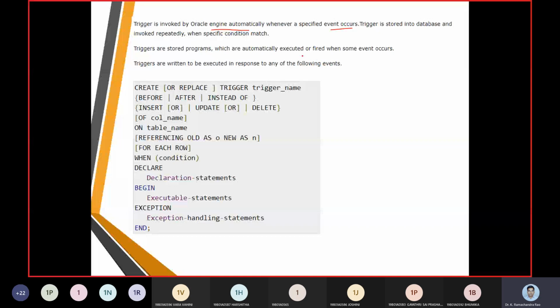Now let us extend this example, and see what will happen when the display salary trigger is fired. So now we can say insert into customer, this is the database here, and we give ID, name, age, address and salary, and we are dumping the values here. We dump with 7, another with Kriti, and his age was 22, and he belongs to Himachal Pradesh, and his salary was 7,500. Now we have made an insert operation.